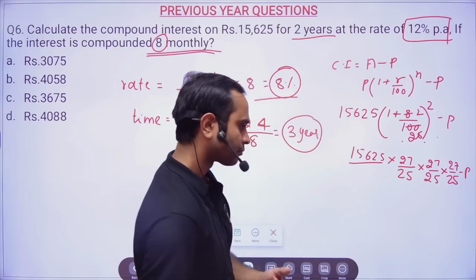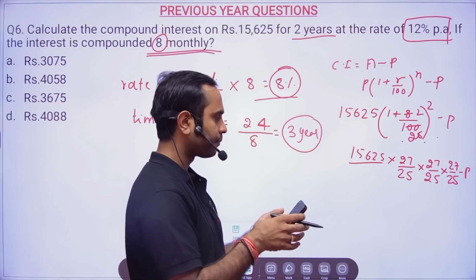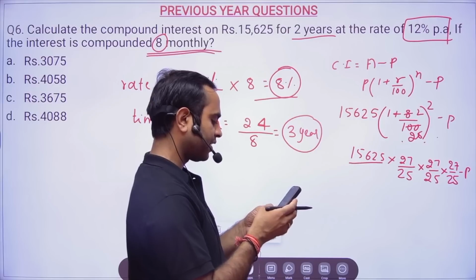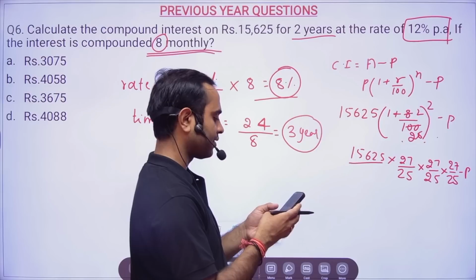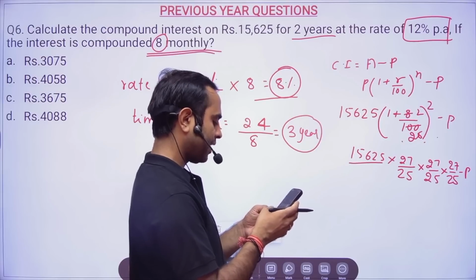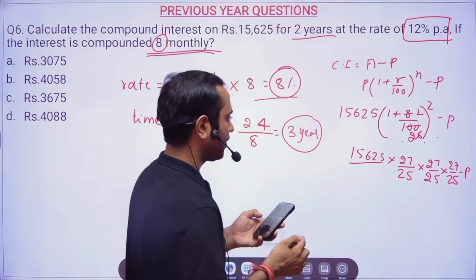Now I am going to use the calculator. So 15,625 into 27 into 27 into 27 divided by 25 divided by 25 divided by 25. It comes